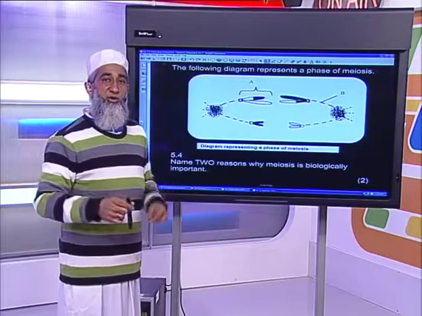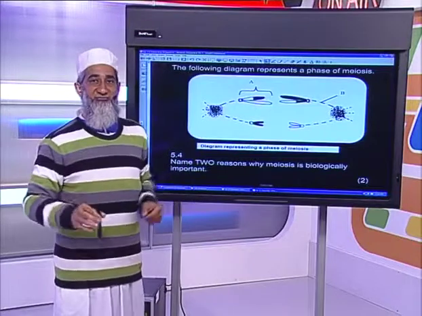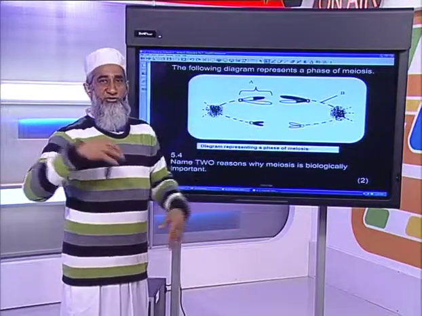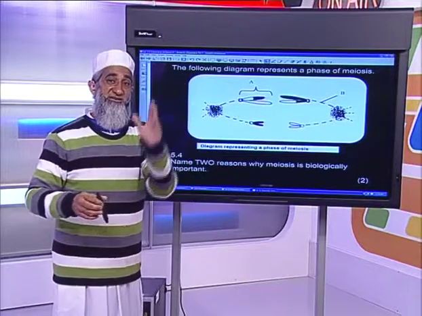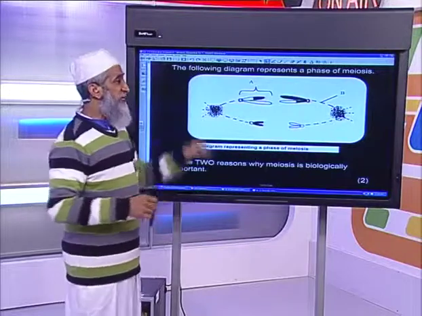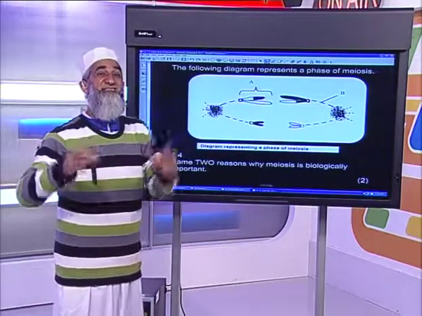That is why all the brothers and sisters in a family do not look exactly the same. They may have features which are stronger from the father or the mother, but each one is an individual and each one is unique in different ways. Why? Because of their specific genetic makeup. And meiosis brings about this difference.